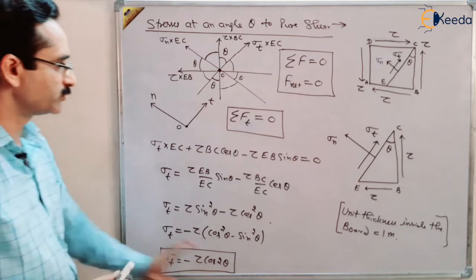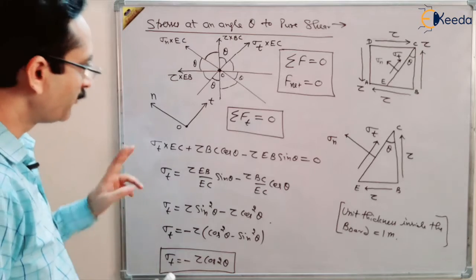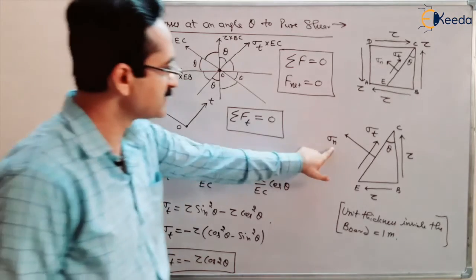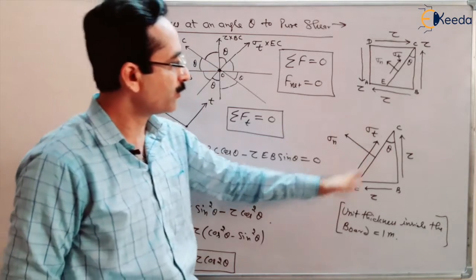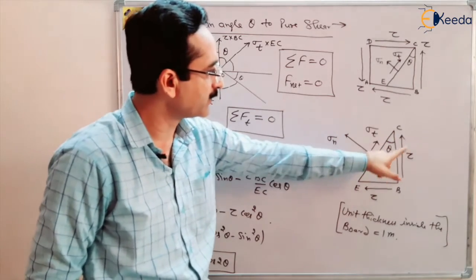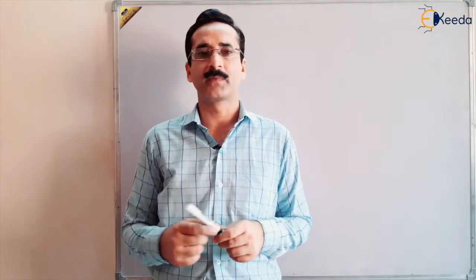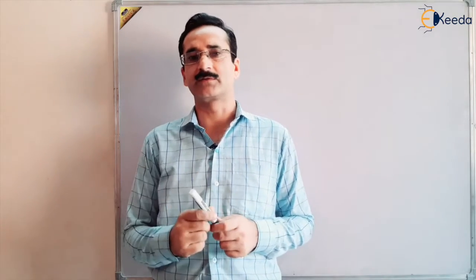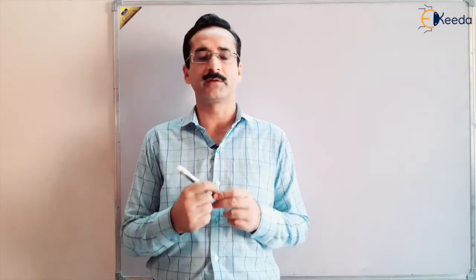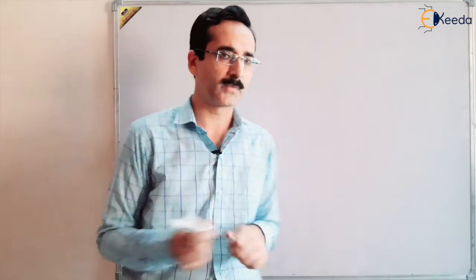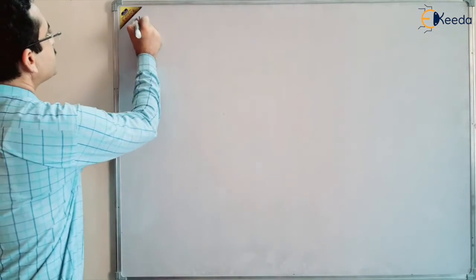Minus tau cos 2 theta. So we have obtained the result for normal stress and shear stress on a plane at a certain angle theta to the pure shear. Our next topic is finding the diagonal stresses of a square block when the body is in pure shear. So, diagonal stresses